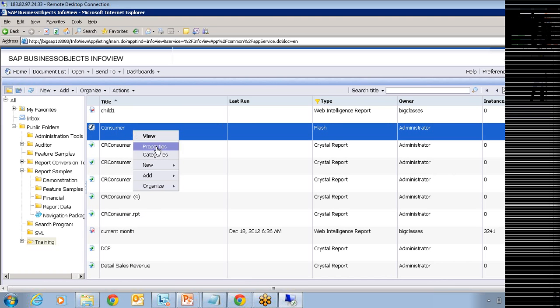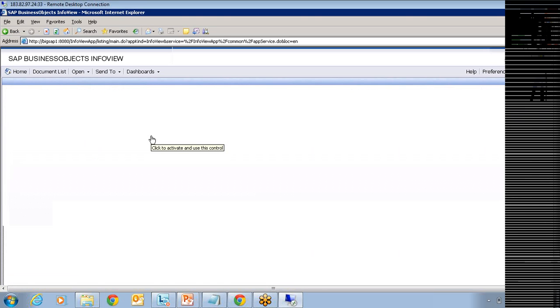So right click. See, do you have a schedule option? No. Because this is just a file, you can always view it, or if you want to move that file, you can import the SWF file into your local machine and send it to your email ID. But in 4.0, they have introduced